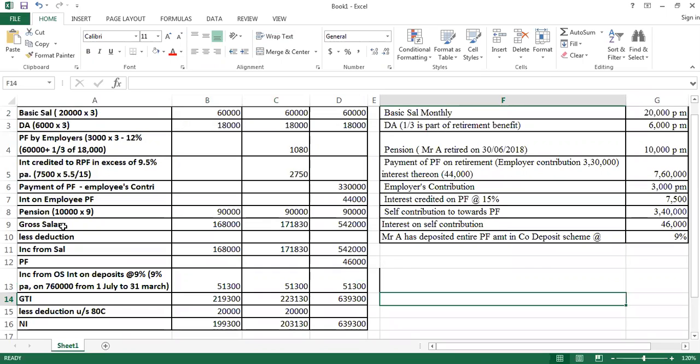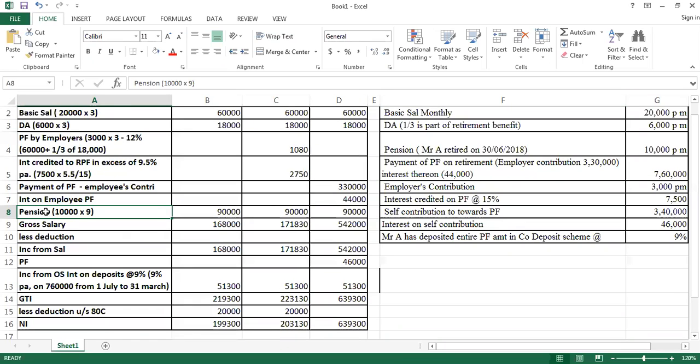Okay, if nothing is there, then we'll move on. Next, we are done with all the PF calculations up to this point, so no PF calculations hereafter. We'll have to take some other aspects that are left out.